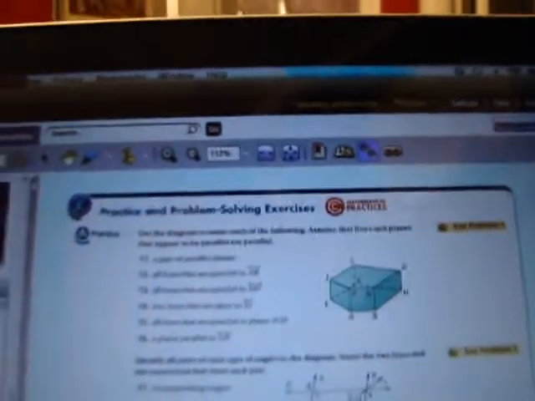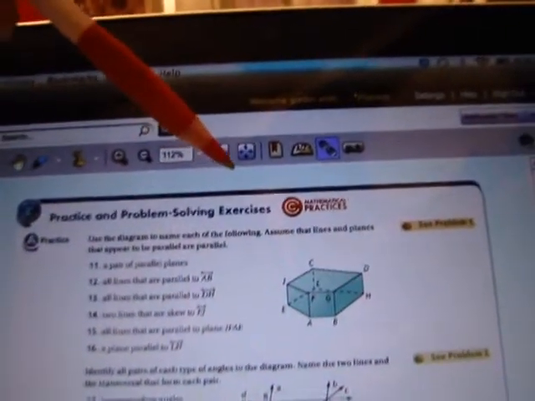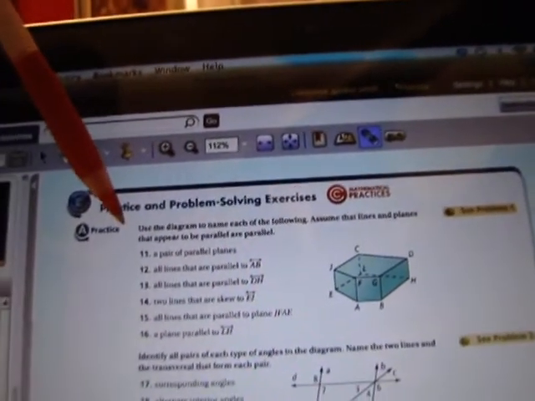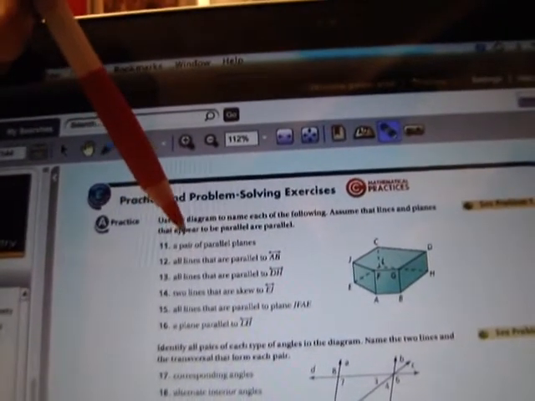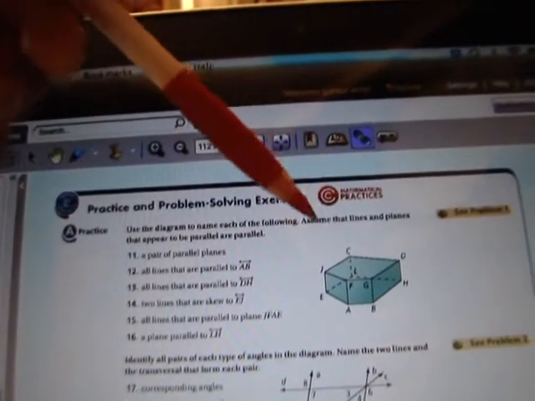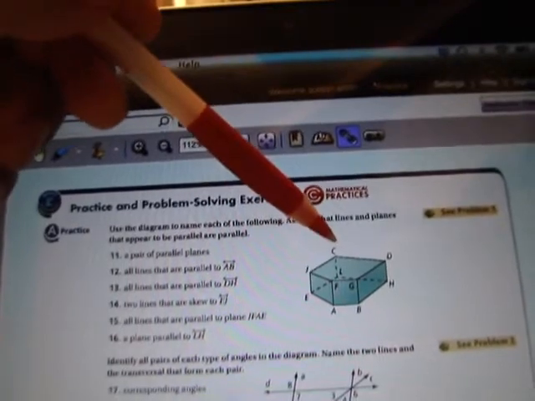Alright, number 11. Use the diagram to name each of the following. Assume that the lines and planes appear to be parallel. 11. A pair of parallel planes. Easiest way to do this is always the top and the bottom. So let's say